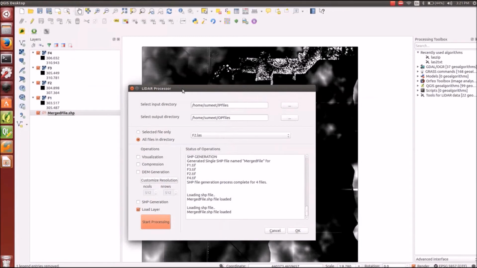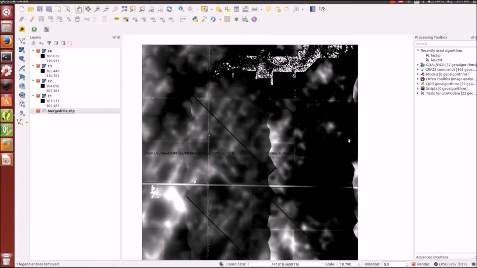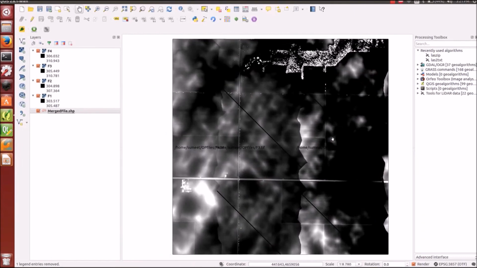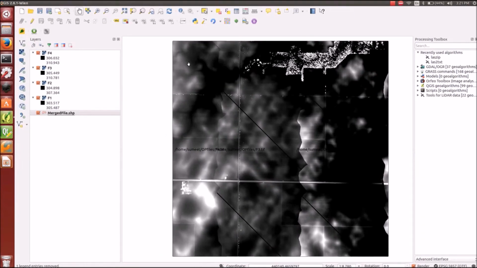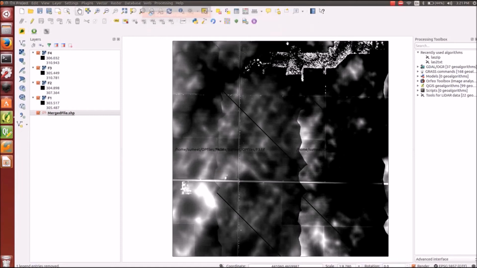Now we add all the ASC files in the layers panel, and we can see this result with the background of a map. So we open a Google map in the background.